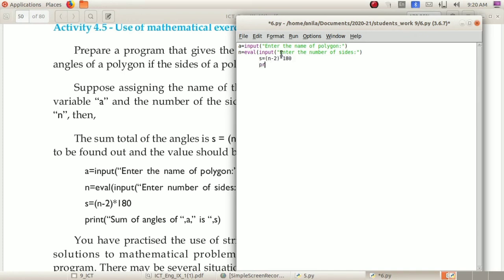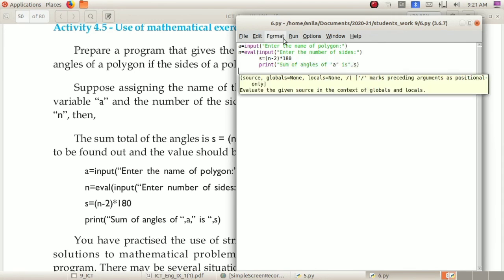Next, print of, open the quotation, then sum of angles of, then put a quotation, A. Angle A is, then close that quotation, put a comma. Next, type S, close the bracket, then save it. We can run it.